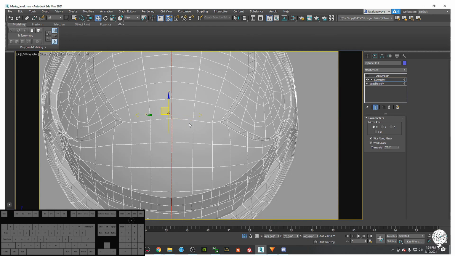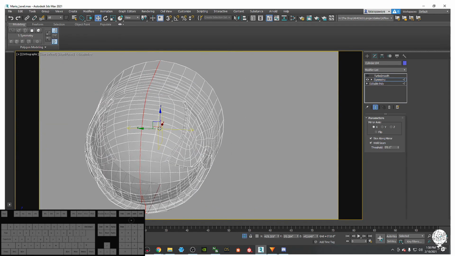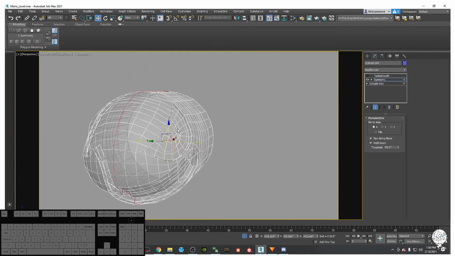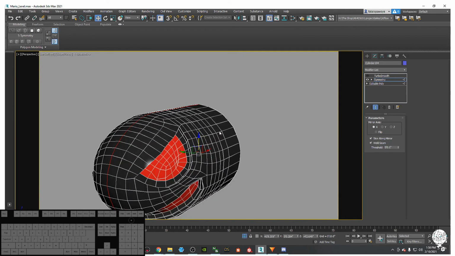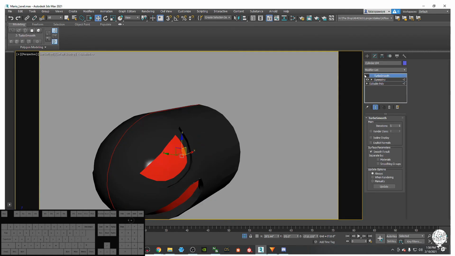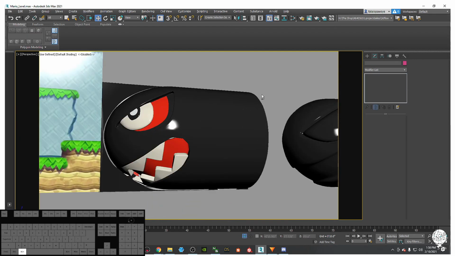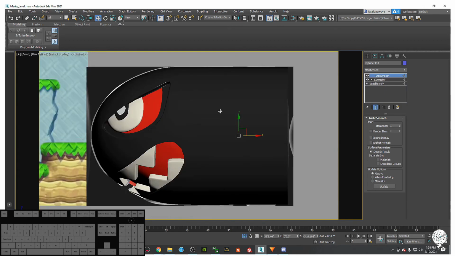There you go. Alright, so now I can turn off my snaps. And then hit P on the keyboard. Alt X. Alright, so let's unhide all. Let's hit F on the keyboard and